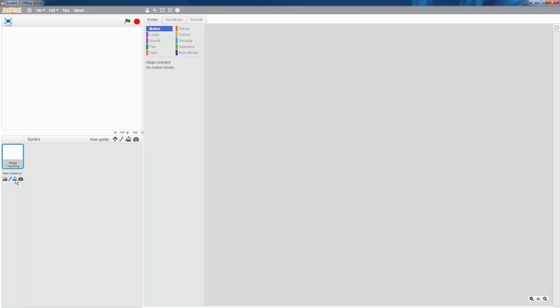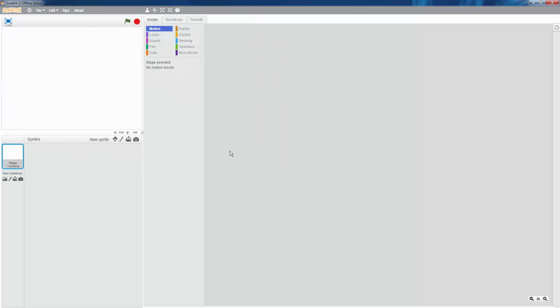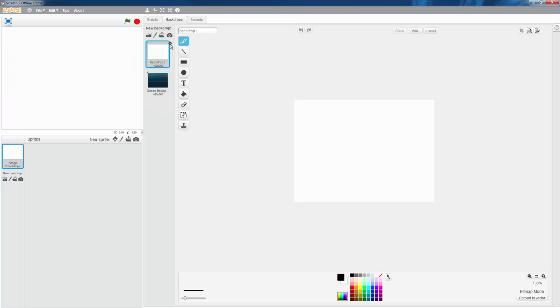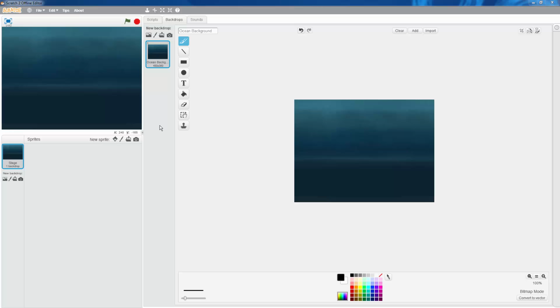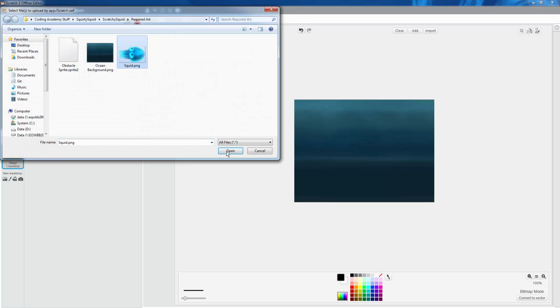On the left, we have an Open Backdrop from File button. Click the button, then find the downloaded resource of the ocean background and open it. Now that we have our own ocean background imported, we should delete the plain white background that was already there. To load the player sprite, click the Upload Sprite from File button in the Sprite area, then choose the Squid